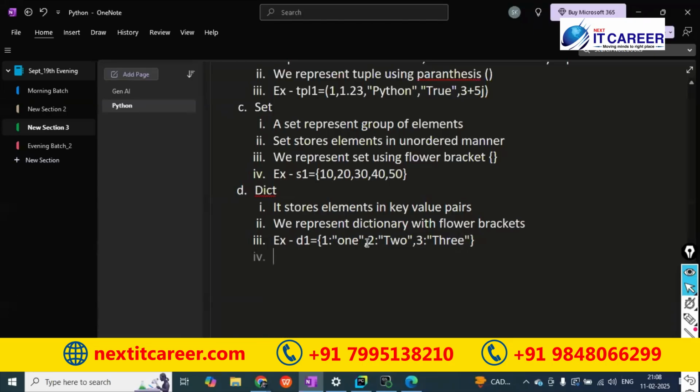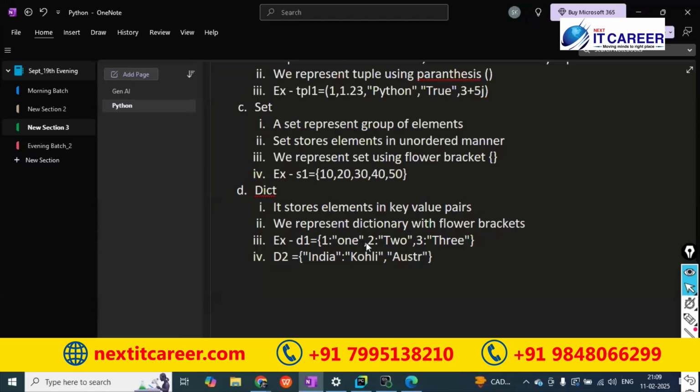If you want, you can add one more example, dictionary 2. Let me take India. India will represent each cricketer. We can represent, for example, Kohli, King Kohli. Next, for example, Australia.